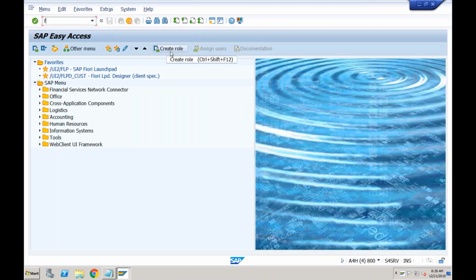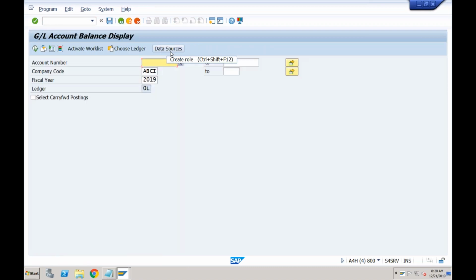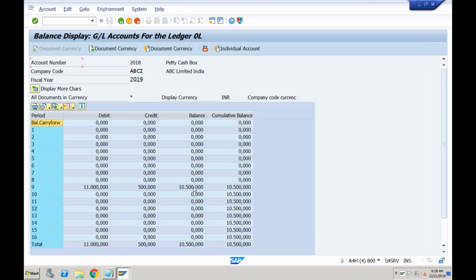So if I go for FS10N, okay, and for my petty cash account number, which is 2018, execute, this balance should always be the same as the balance in the cash journal. Okay, have you understood now what is cash journal, why it is required, how to set up the new cash journal, how to set up the new business transactions, and how to carry out the transactions?